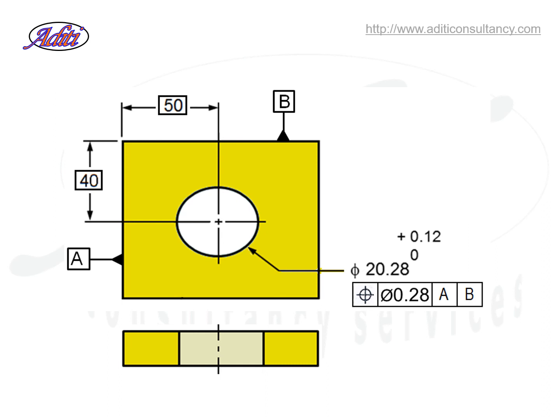Now the drawing looks like this. The two XY coordinates 50 mm and 40 mm are shown as basic dimensions, and the two butting surfaces in the assembly are shown as datums. Now a feature control frame with a position symbol and a tolerance value of 0.28 mm with the dia symbol and datums A and B is shown below the dimension of the hole.